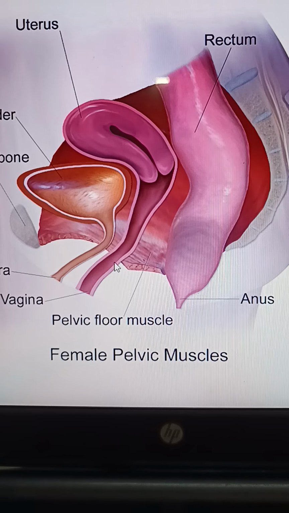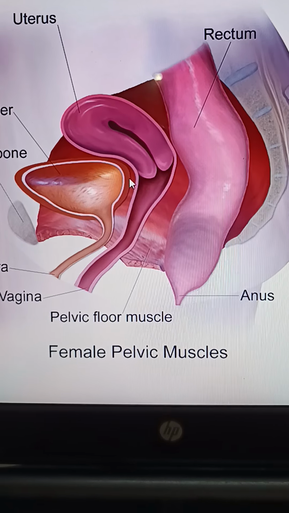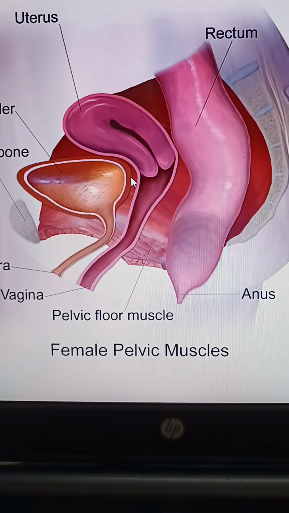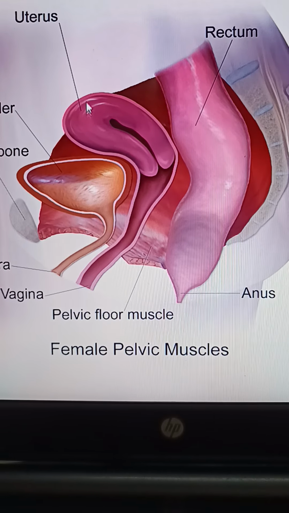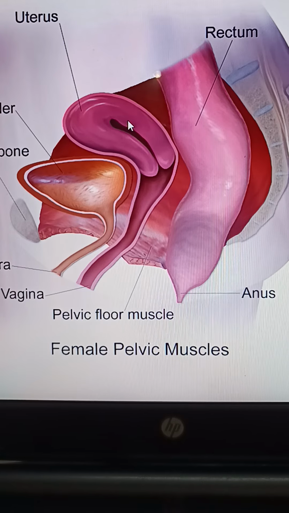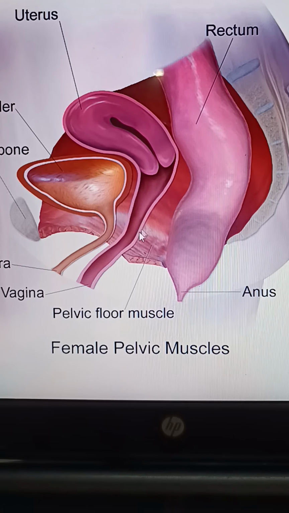If you go further back, you can see the vagina. So if you progress up the vagina, you can see the uterus. The cervix of the uterus is inserted into the vaginal canal, to be specific, the anterior wall of the vaginal canal. So if you track up, you can see the uterus along with its adnexal structures like the fallopian tube, ovaries, etc.